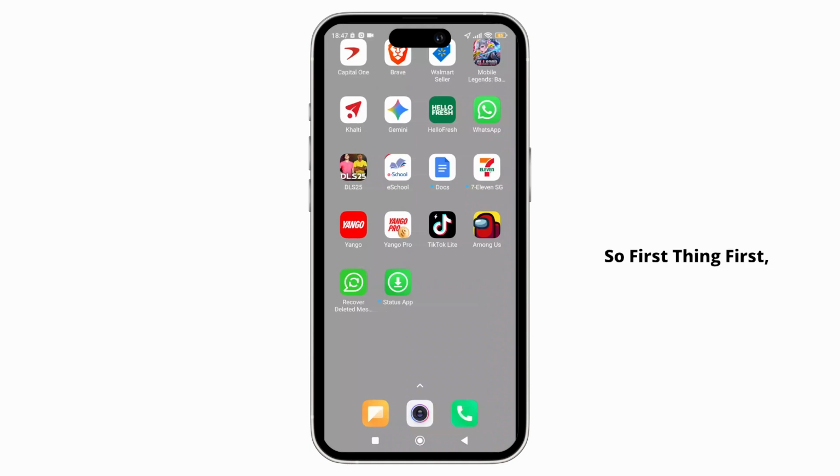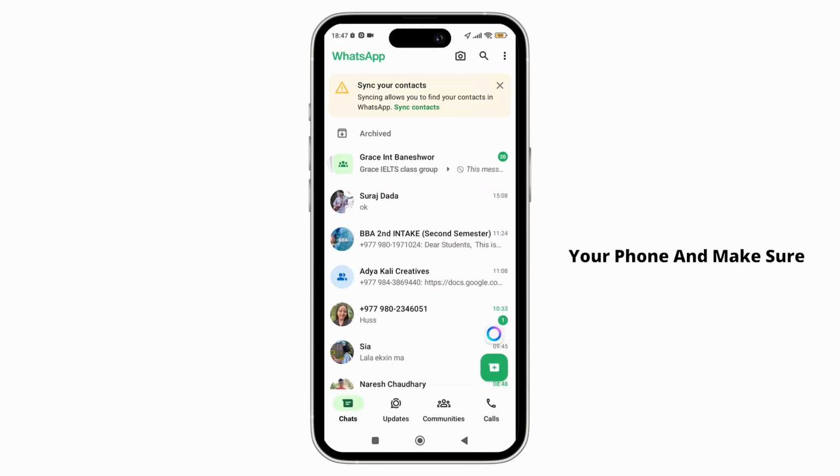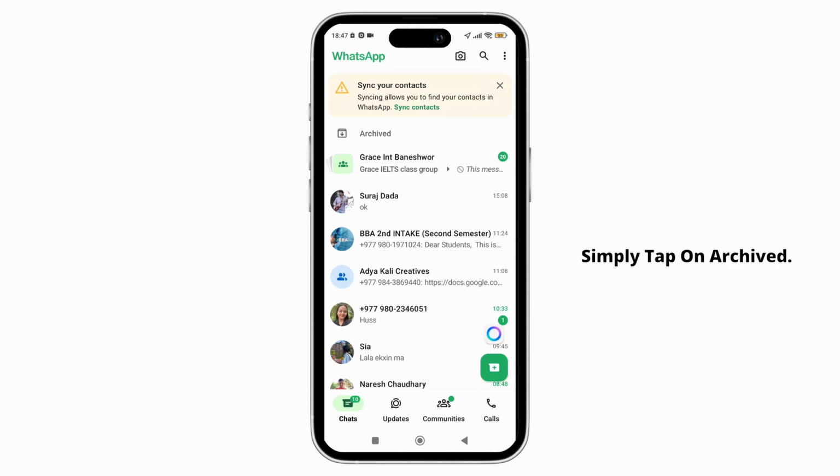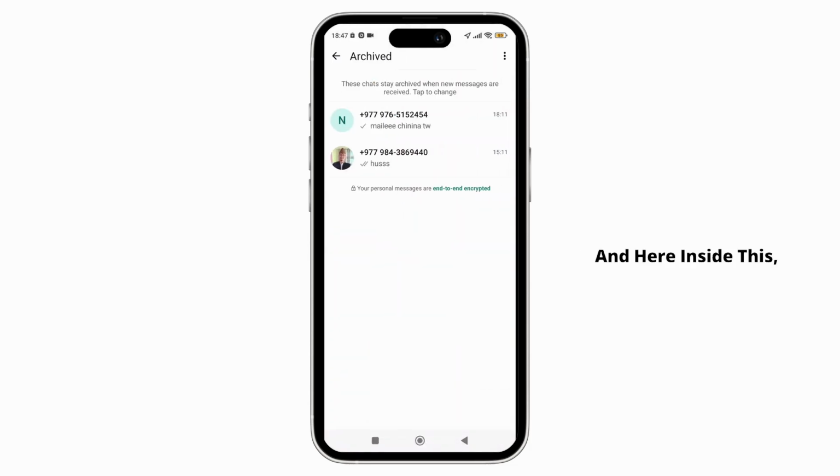So first things first, open the WhatsApp app on your phone and make sure that you're logged in to your account. And now here, once you're inside the app on the main chat screen, simply tap on Archived, and inside this, simply find the chat that you want to unarchive, and there you can simply press and hold the